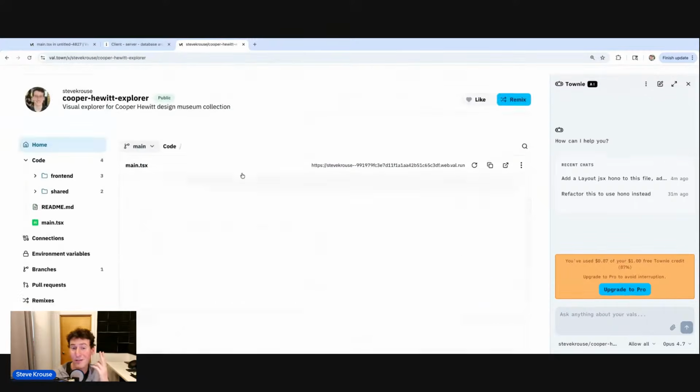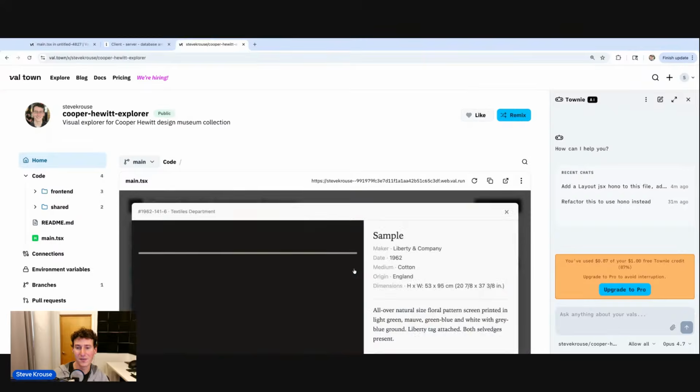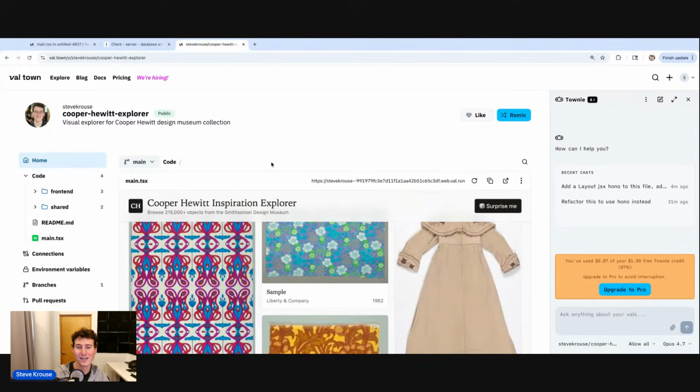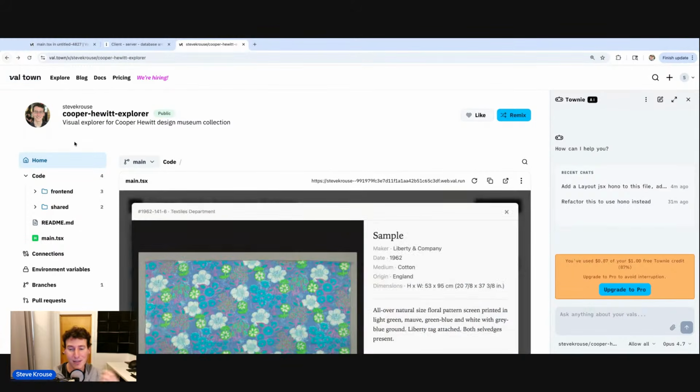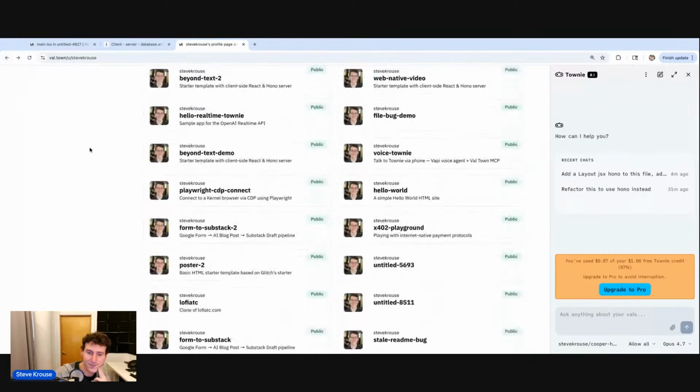This was one-shotted, one single prompt. AI worked for like 5 or 10 minutes, and it built this beautiful website for the Cooper Hewitt Museum on top of their API. No API key, crazy. Yeah. Anyways,